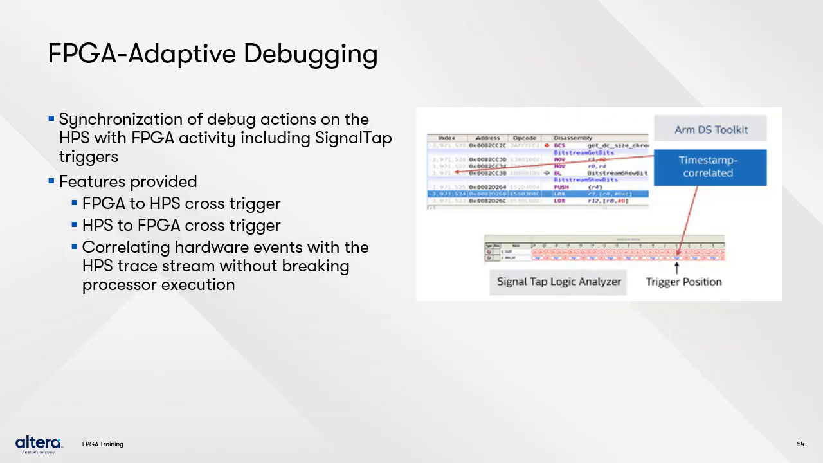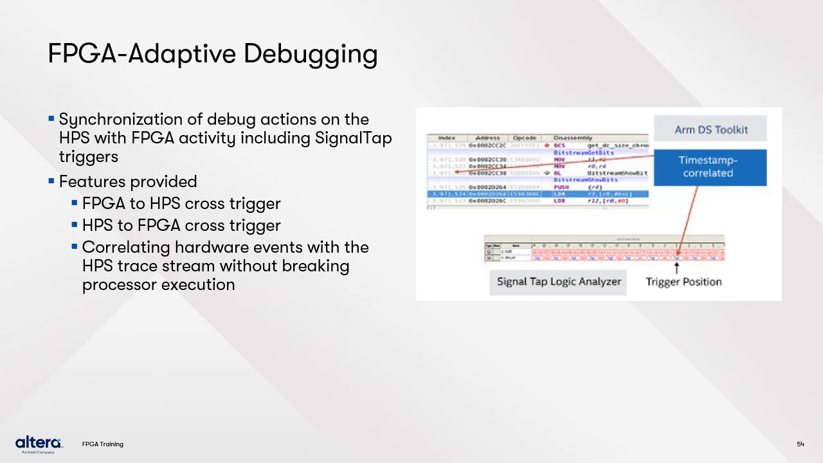The idea of FPGA adaptive debugging is allowing you to synchronize debug actions on the HPS with those on the FPGA side, including the Signal Tap logic analyzer. This is done through the use of standard ARM-provided CoreSight compatible IP in the HPS. For software development, you can run, step, pause your code across a JTAG connection. With the previously discussed SVD files, you'll be able to change and view HPS and FPGA status and control registers